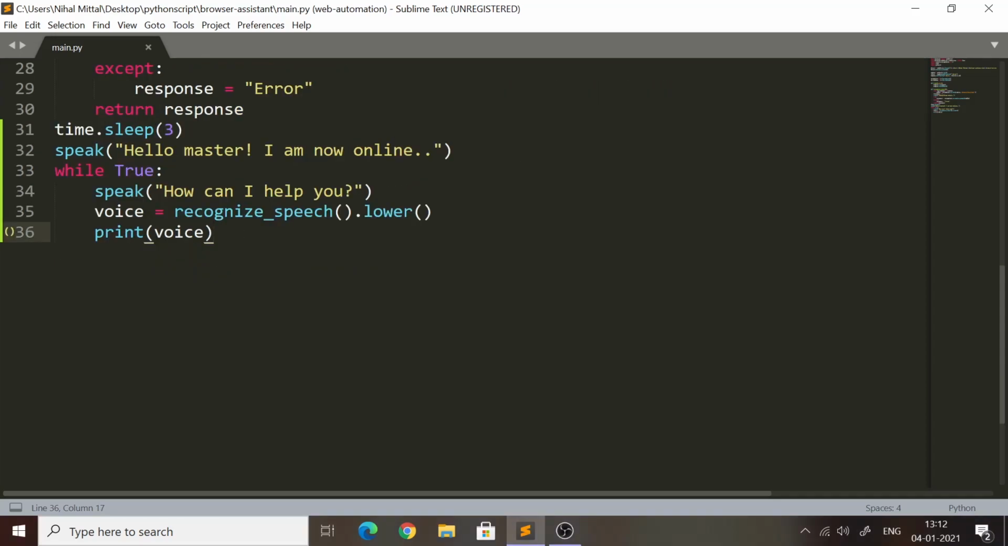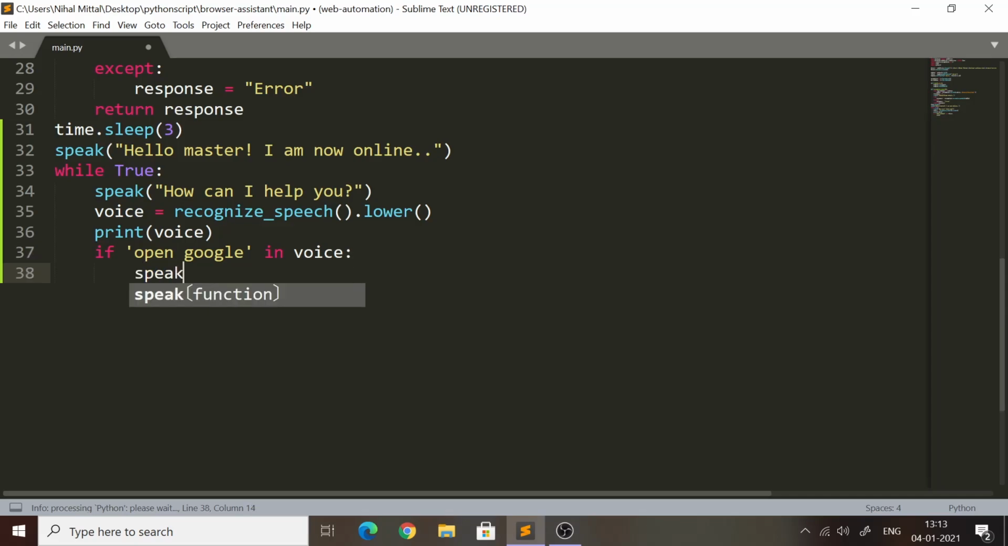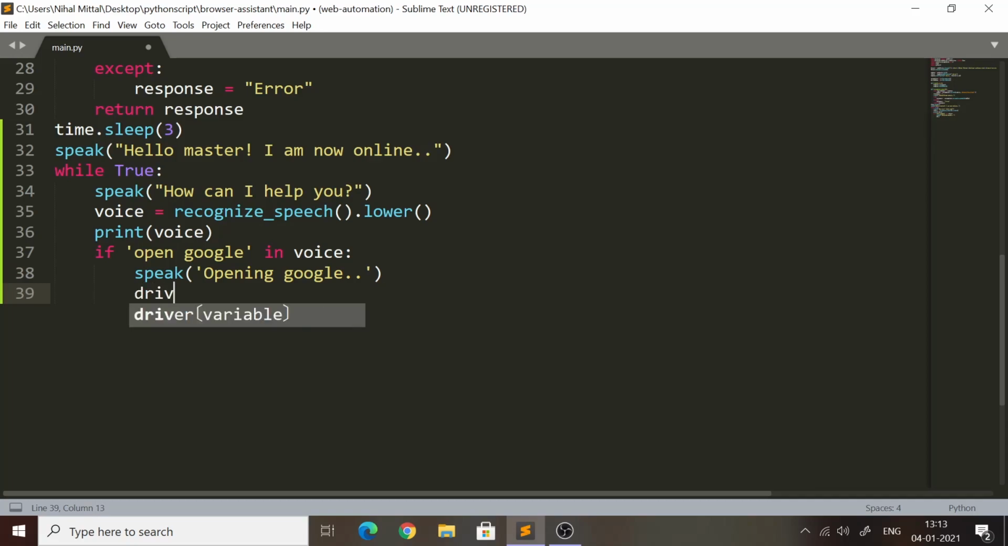Now we want to detect some key phrase in our voice, and if that key phrase is detected, we want to perform some action. For example, if I want to open Google, I would have to detect "open google" in my voice. So I would type if "open google" in voice. Then I would perform the action of opening Google. So first I will give the confirmation, opening Google, open up a new tab,